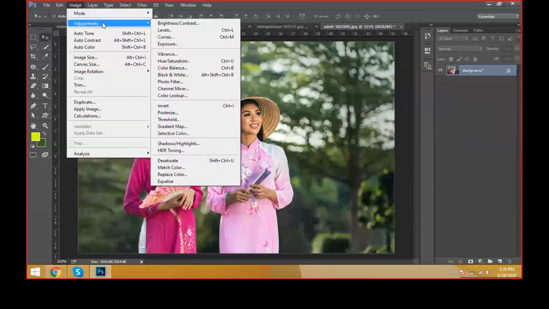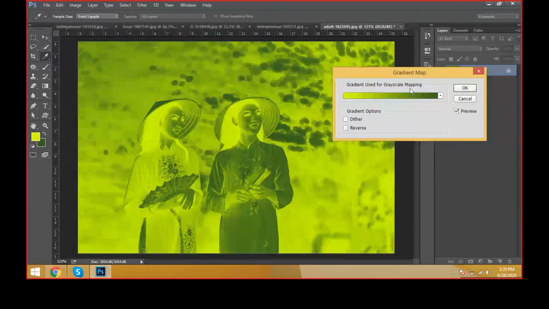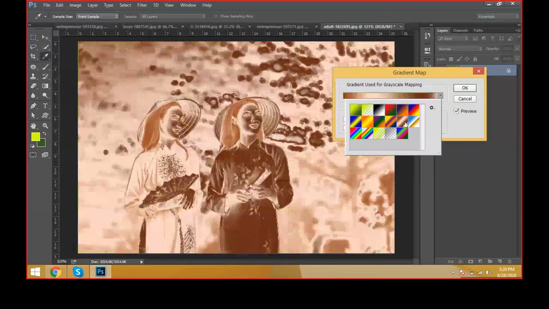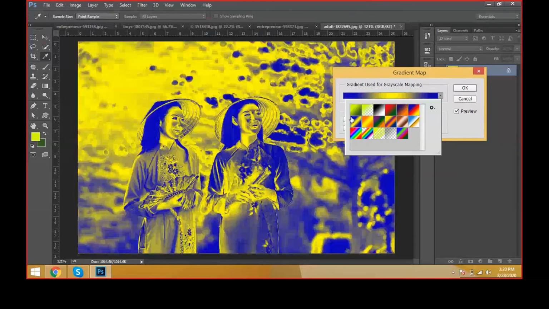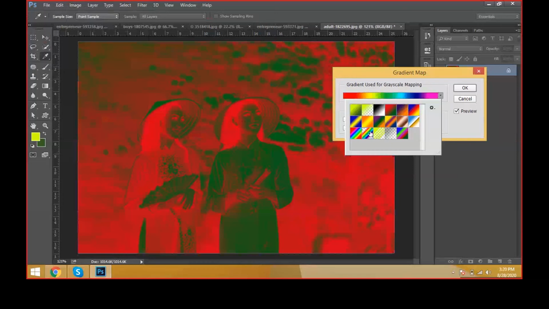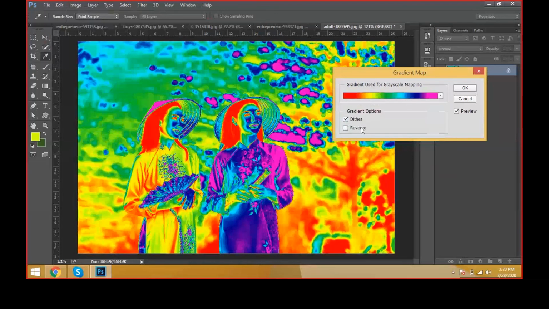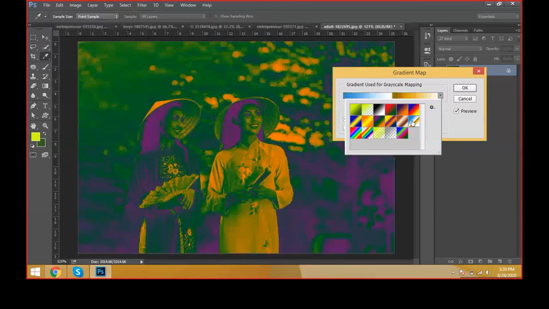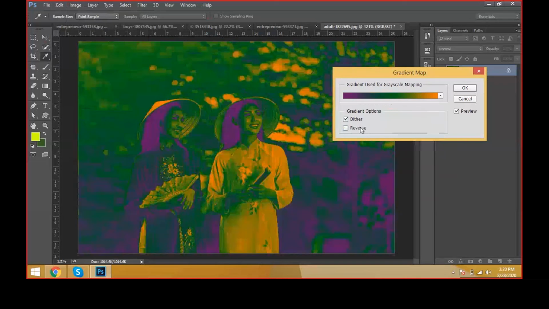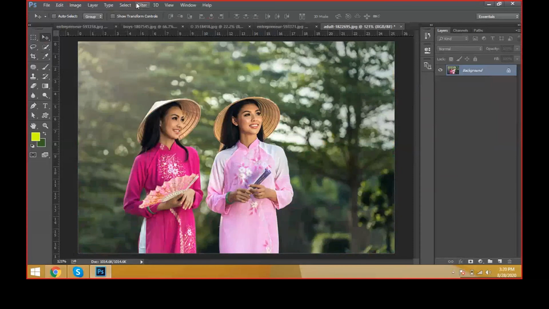Okay, image adjustments, gradient map. Using a gradient map, we can divide the filters, and we can apply a color to the image document like this, and we can use it as reverse colors, and it has more colors. Then go with a single color, double colors like this. We can apply the styles. Now we can go with the reverse colors like this. Click it. OK. This is one type of effect.